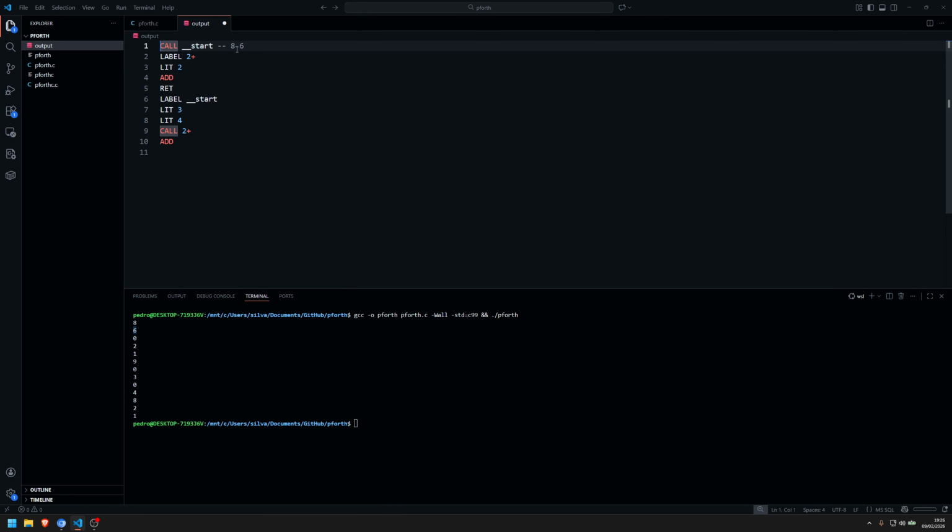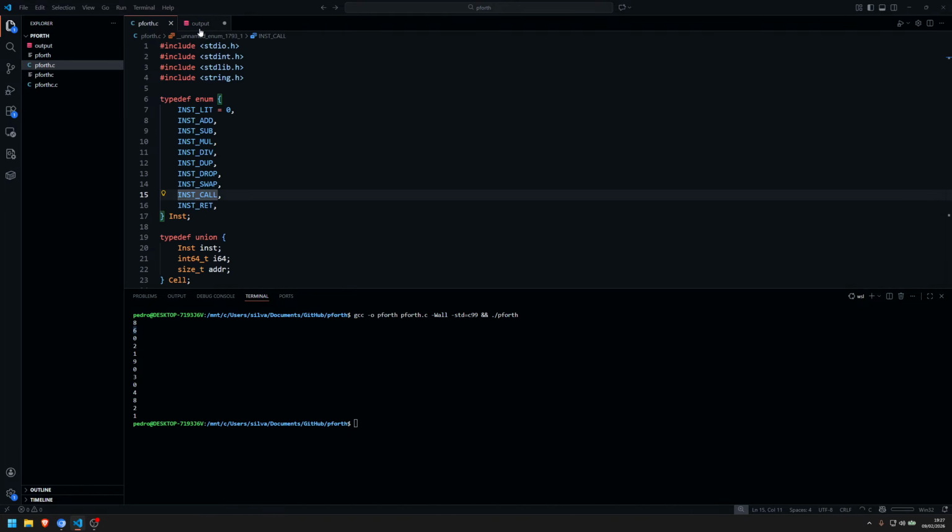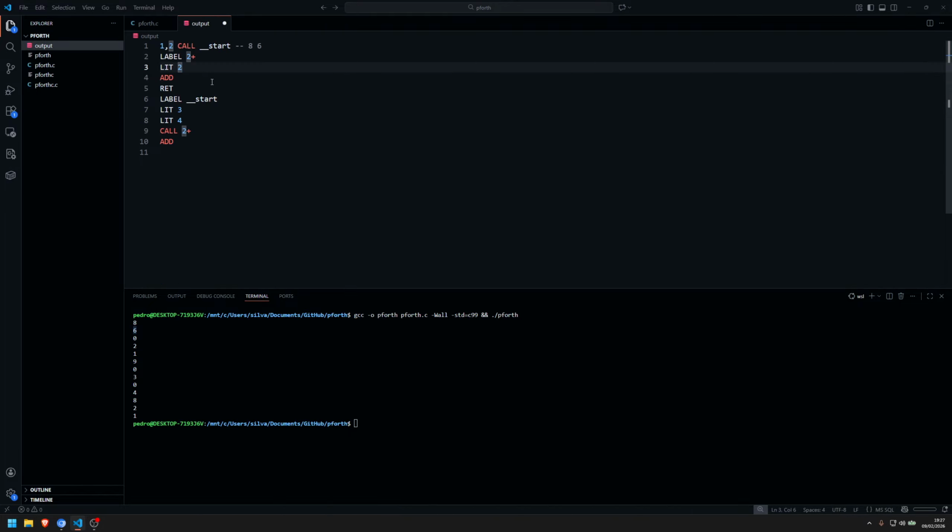And this is basically 1 and 2. Then we have a label which does not append any instructions. Then we have literal 2. Literal 2 is a 0, so this is the position 3, and this is basically a 0. And then we need to get the literal, which is a 2,